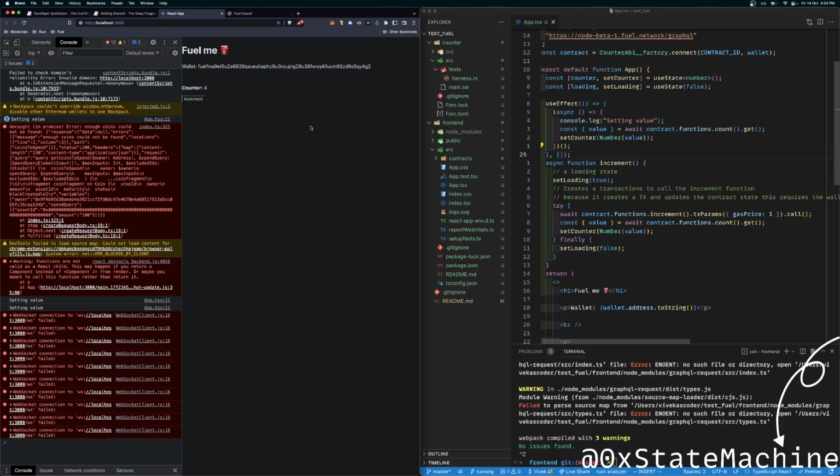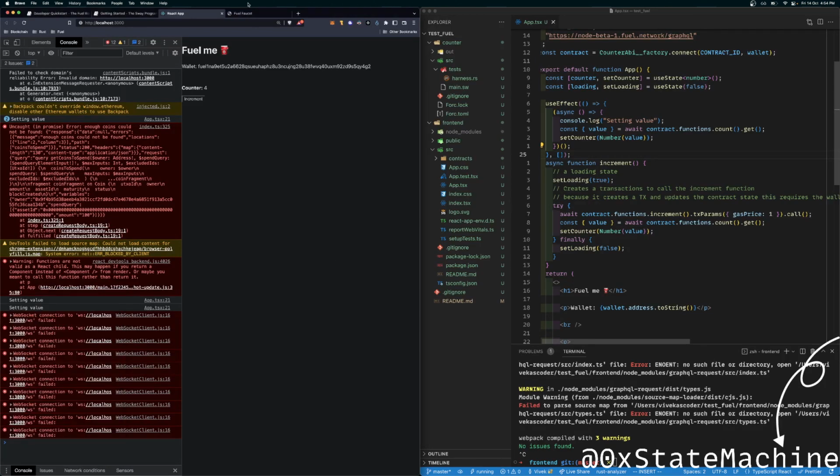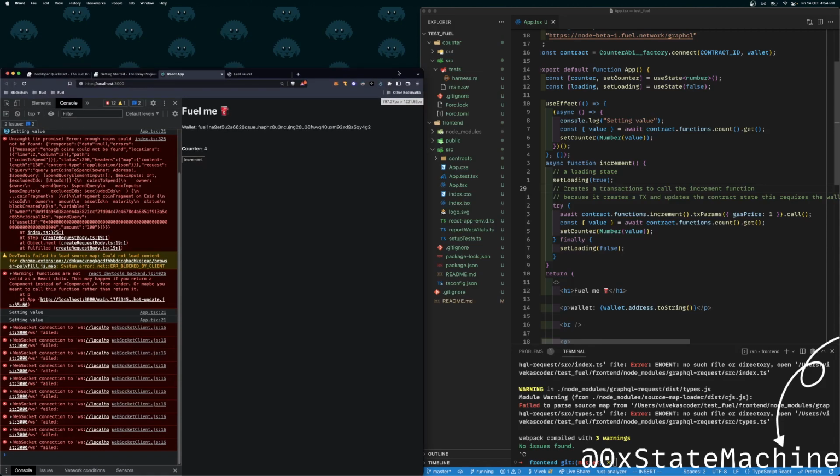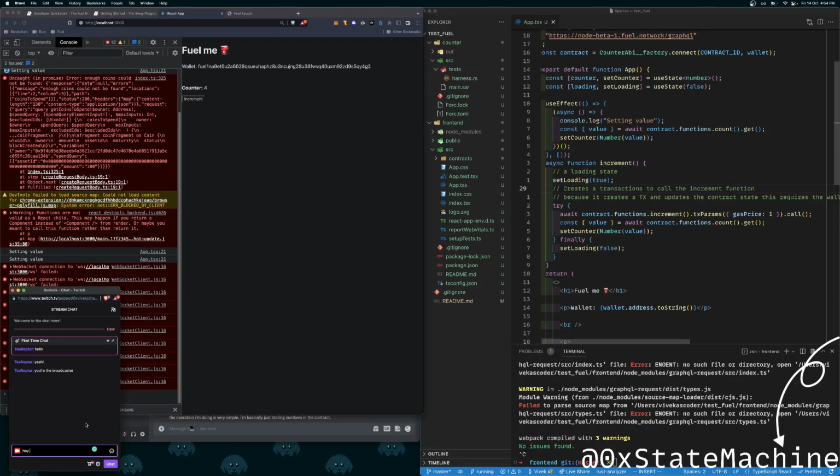So, we are working on fuel network. Hey T Raptor. Hello, we are working on fuel network. So far, we figured out the most simplest smart contract developer lifecycle. So, how to create contracts on it, what are the tools we need, how to create wallet, a bunch of things like deploying it.